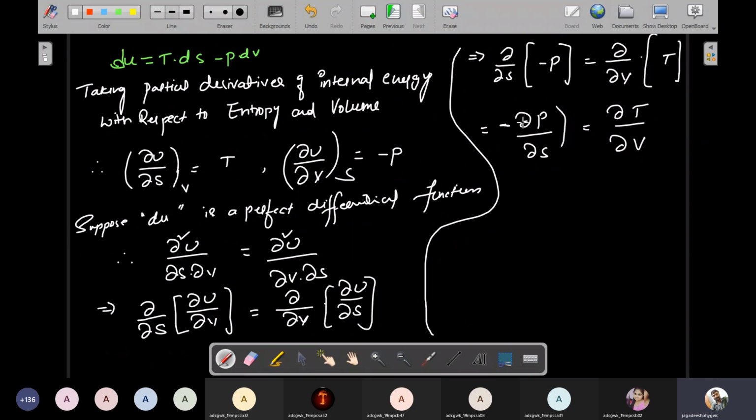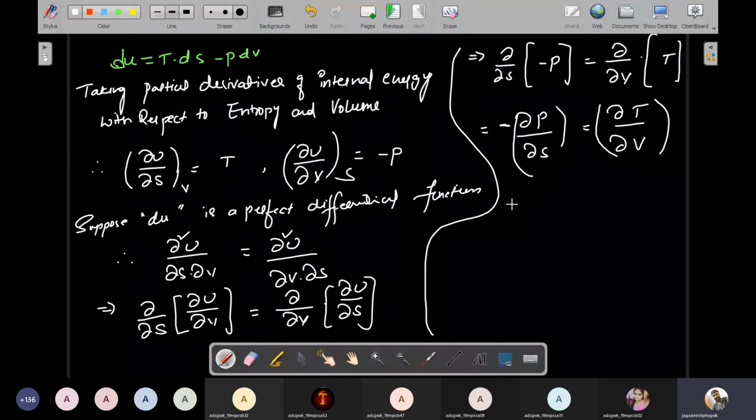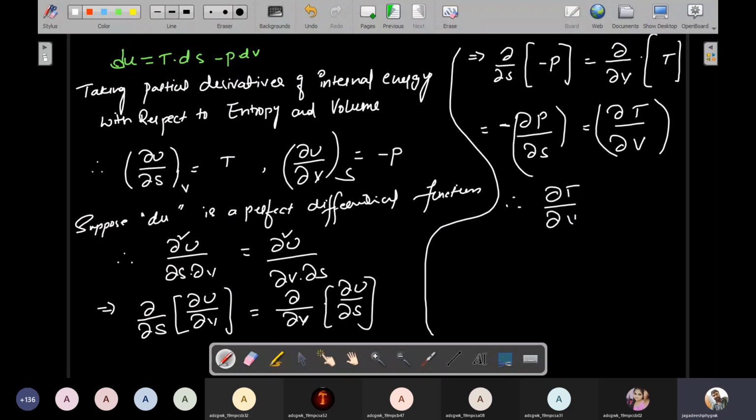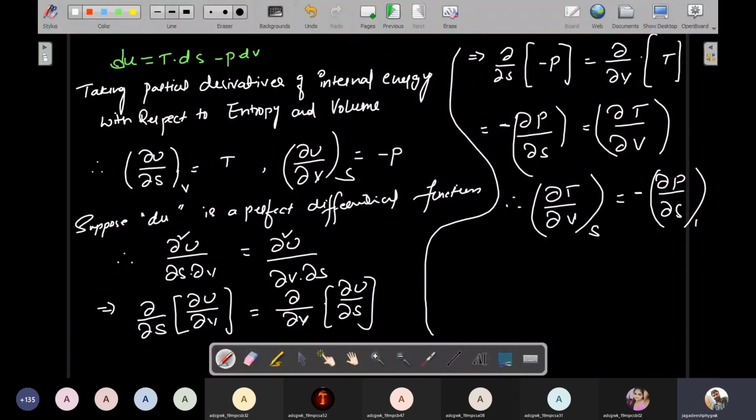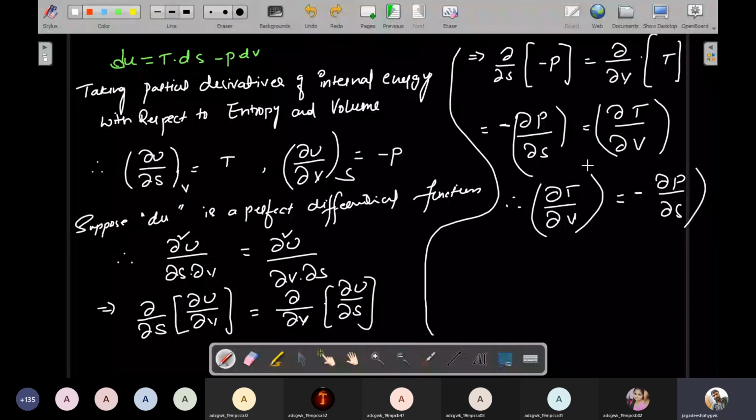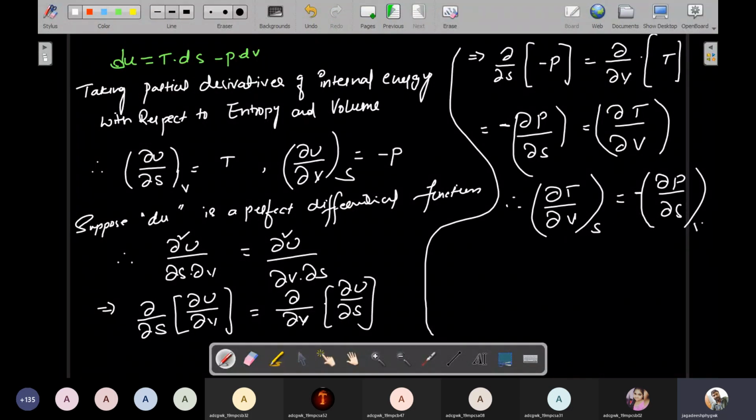So these equations are okay. Therefore finally I write ∂T/∂v is equal to minus ∂p/∂s. When writing the equation, a shortcut: ∂T/∂v at constant entropy, and ∂p/∂s at constant volume. The missing term here must be written. So here the missing term is entropy, and here the volume must be written. Okay? So ∂T/∂v at constant entropy is equal to minus ∂p/∂s